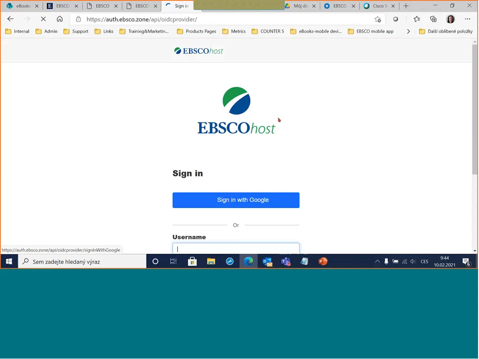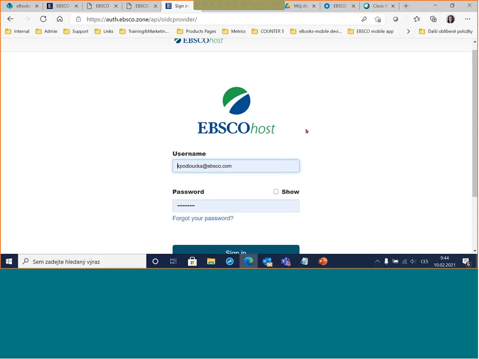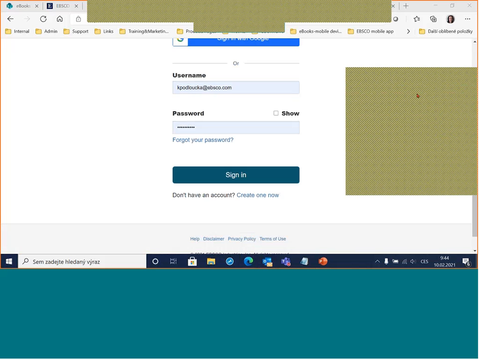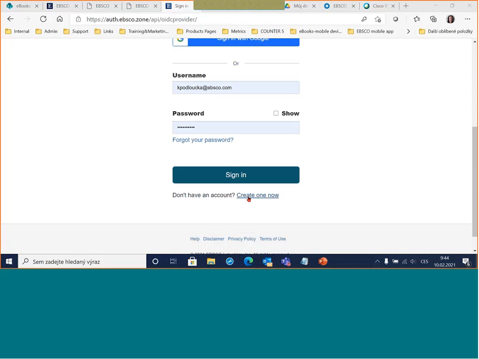I already have one, of course, so my credentials are already filled in. If you don't have one, you can just easily create one now. You will be prompted to fill in your email address, credentials, and select some password. Very easy, and then you will create your EBSCOhost folder. I will sign in with mine,